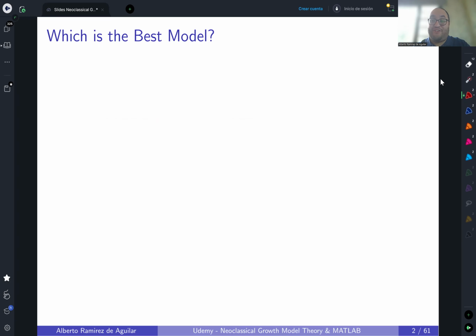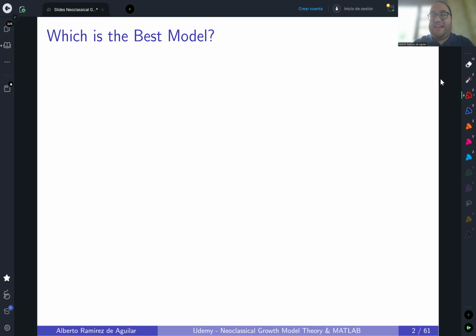If you're just writing a model for the sake of writing a model, you're probably doing it wrong, and that's not a good reason to write up a model. Usually, we as economists write models because we have questions in mind. For example, what drives economic growth? Or how do people decide when to save and when to consume? Things like these are very specific questions. And for those questions, sometimes writing a model may provide the right answer and sometimes not. So one of the things you need to ask yourself before starting writing a model is what do I want